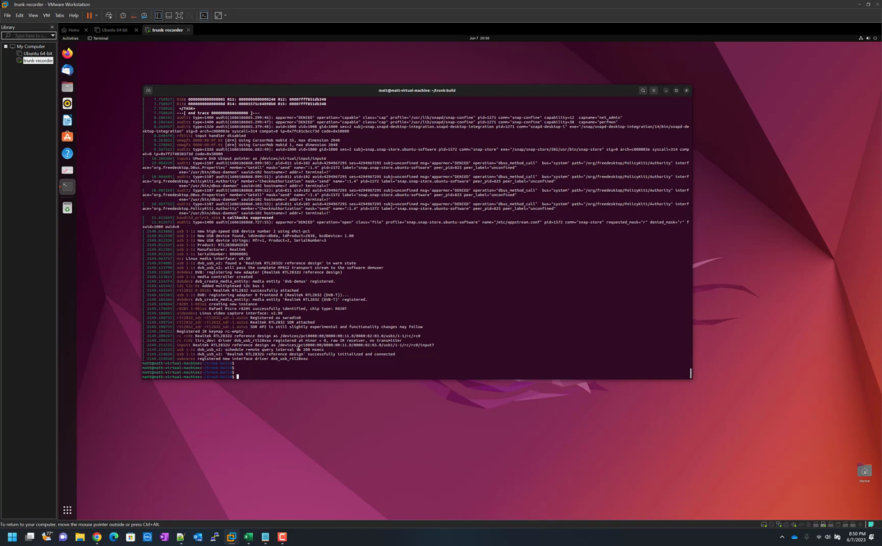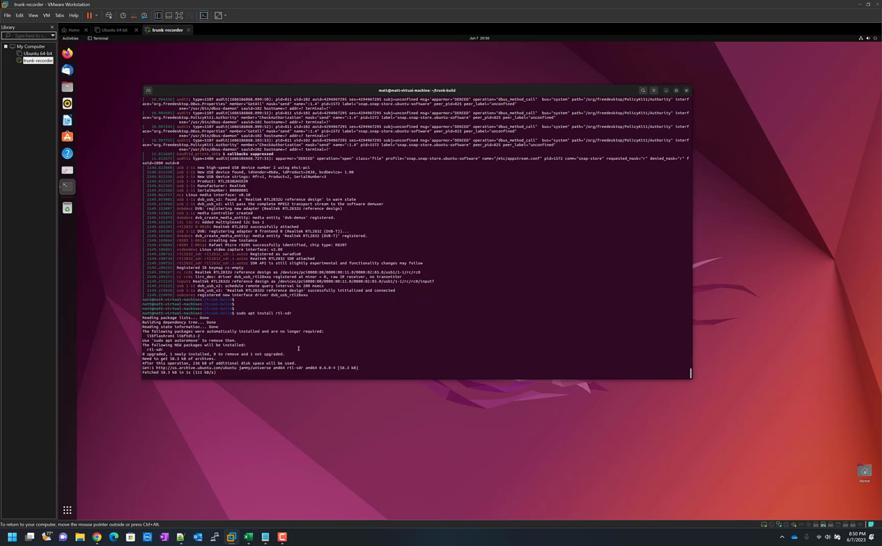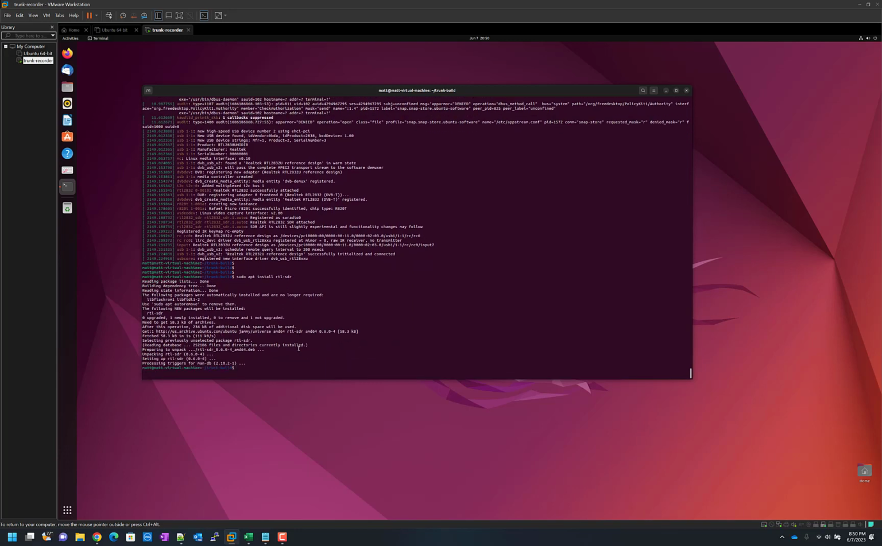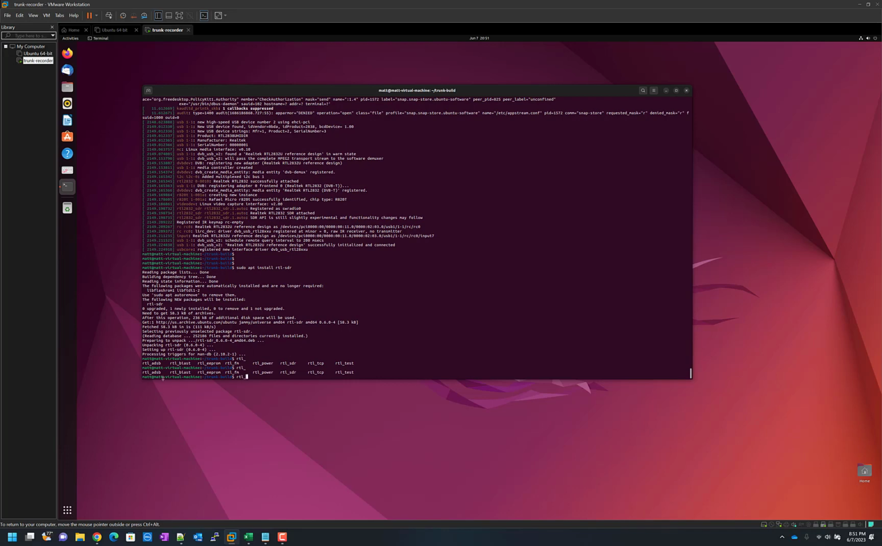So one thing that I would like to do is make sure that the RTL device is working properly. So a way I can do that is to install the RTL SDR tools. So I'm going to do a sudo apt install rtl-sdr. And it's going to install all the fun little RTL SDR tools. So if I type RTL and hit tab, you can see a list of the different tools that just installed. And the main one that I'm interested in right now is this one, the